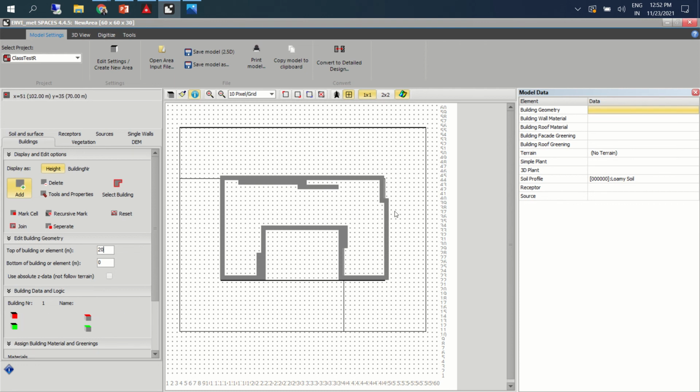Basically, we are saying that these grids are buildings, and a building has these characteristics. So I'll just fill it up.